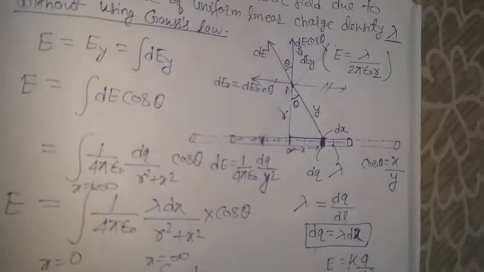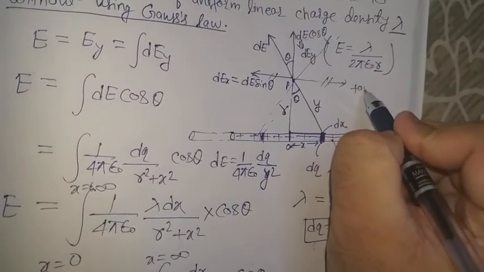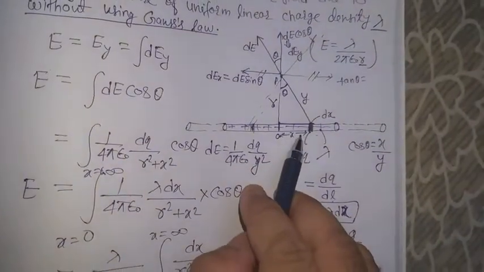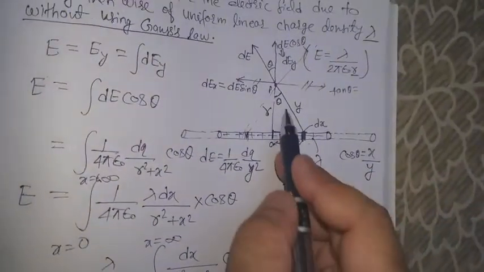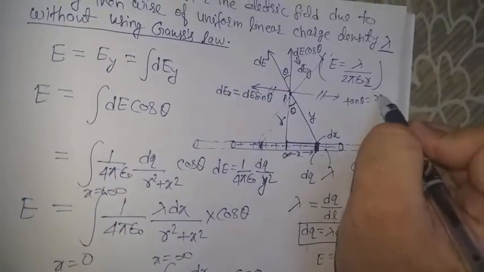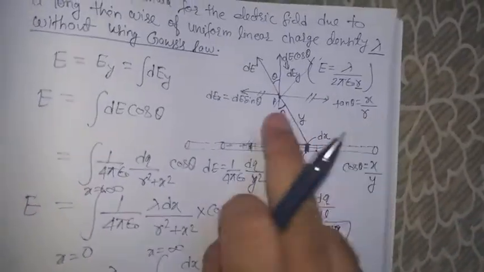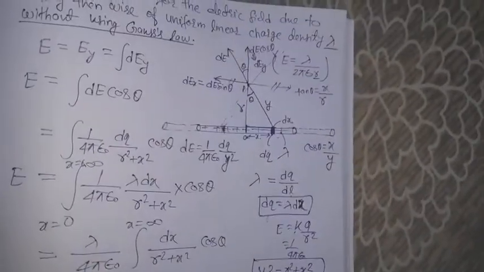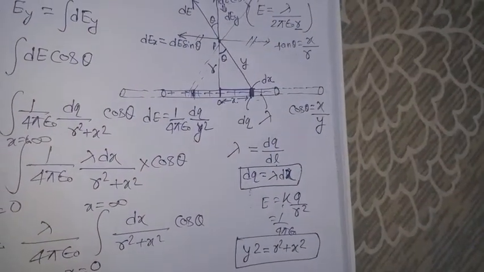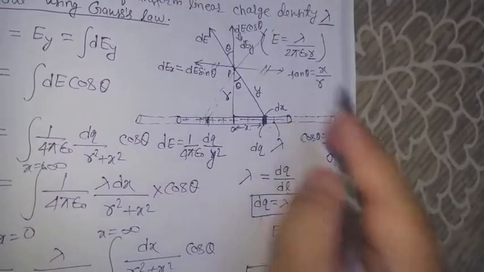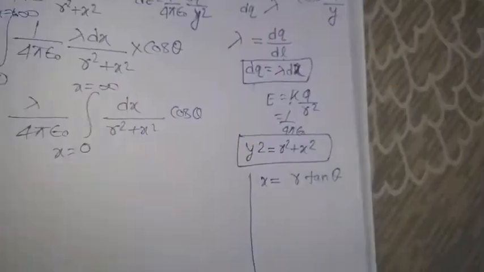So in this case we have to convert this into a single variable. How to convert? Just in that triangle apply tan theta. Why apply tan theta? Why not sine? Why not cos? I will just explain it. Tan theta equals perpendicular x upon r, because in tan theta, x and r, perpendicular and base, will come. So from here, what is the value of x? X is equal to r tan theta.